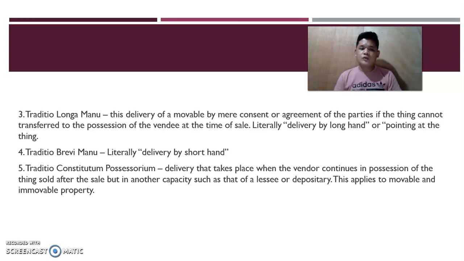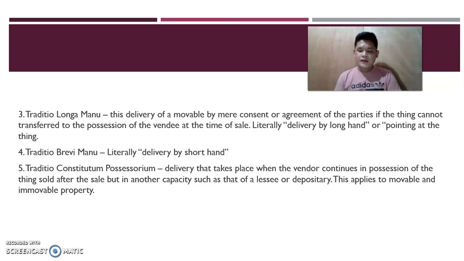So, Traditio Constitutum Possessorium class, ang best example nito is yung lease. Let's say for example, ako yung lessor, kayo yung lessee. So, kayo yung nagre-renta. Since I am the owner of the building, pinaparentahan ko sa inyo. And then sabi ko, benta ko na lang sa inyo. So, ibig sabihin,